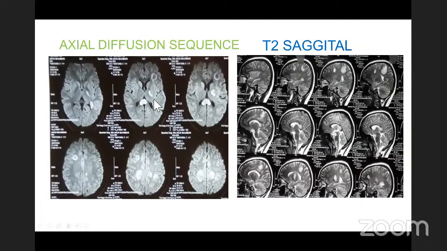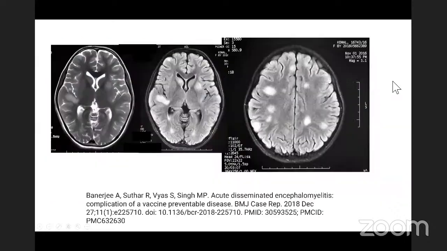And in the axial diffusion section, we can find in 30% cases there can be diffusion restriction, and it is usually seen in the subcortical white matter. So this is a sagittal section, T2 sagittal, in which we see subcortical white matter hyperintensities, which are also observed. So this is again post-mumps, a child with post-mumps encephalitis and ADEM, in which we found